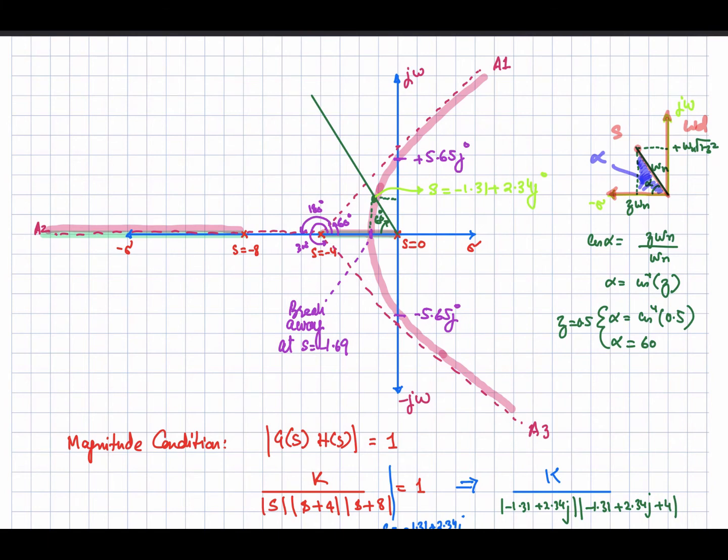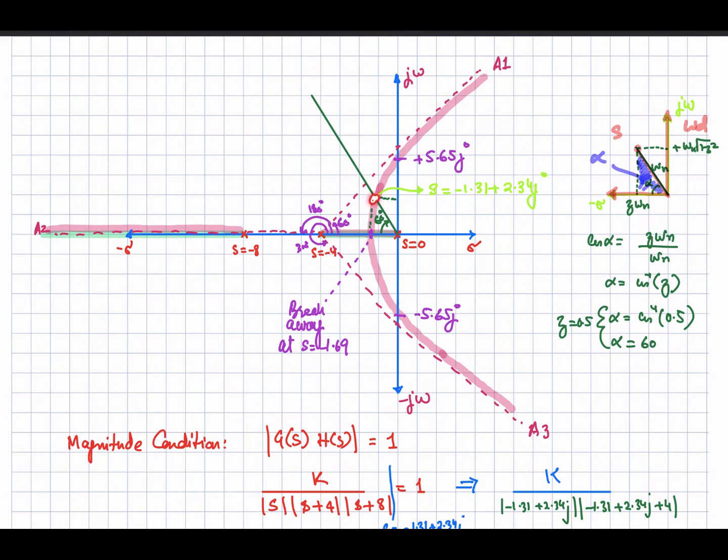If you want to calculate this angle alpha in this direction, coming from here, you will have to consider the negative sign, or take the difference from 180 degrees. So alpha will be equal to cos inverse of zeta, as omega n cancels. This angle alpha is for the line intersecting your root locus at this point. For a required damping ratio of 0.5, this angle is equal to 60 degrees.